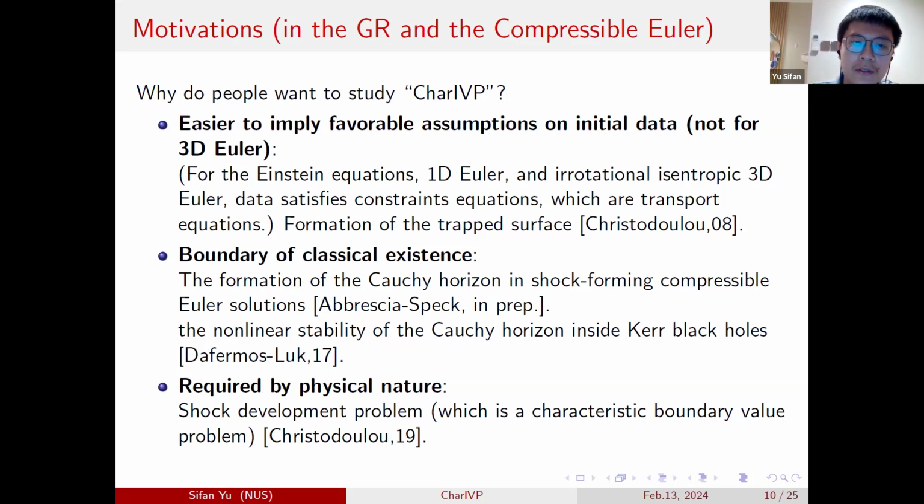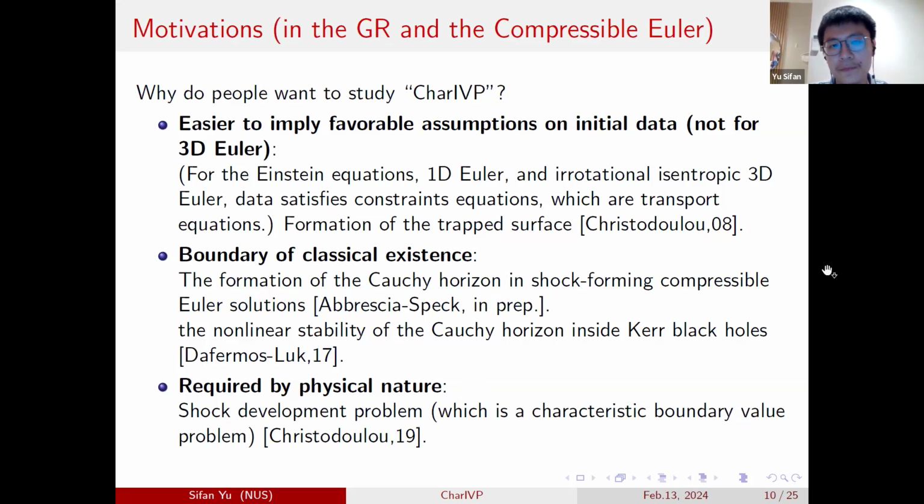The third point is required by the physical nature. So again, if I have already constructed the maximal development of the strong solution, then I want to ask, how can I continue the solution weakly? That is called the shock development problem. So the shock development problem is a characteristic boundary value problem. So basically, it means on one side, you have characteristic data. On the other side, you will have